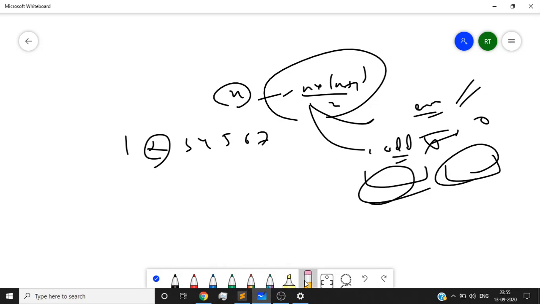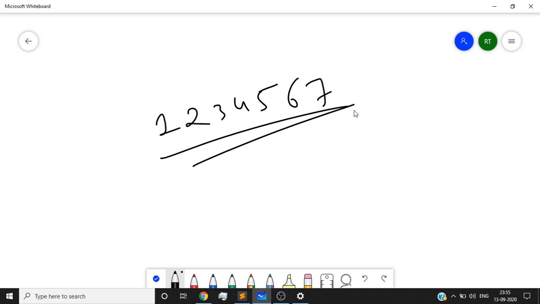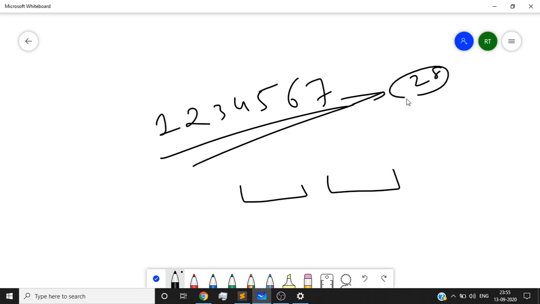So how are we going to do this? Let's consider this case. The sum of the first seven elements is 28, and we have to find two parts whose sums are each equal to 14.